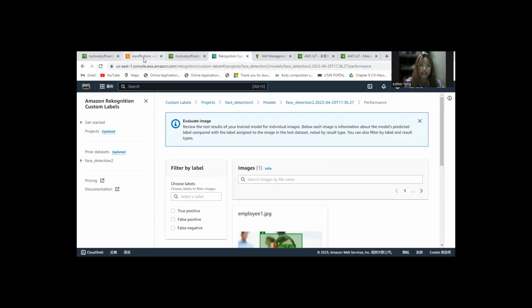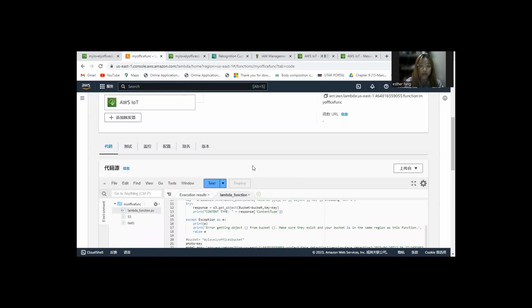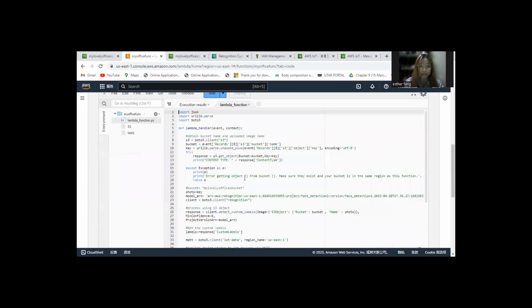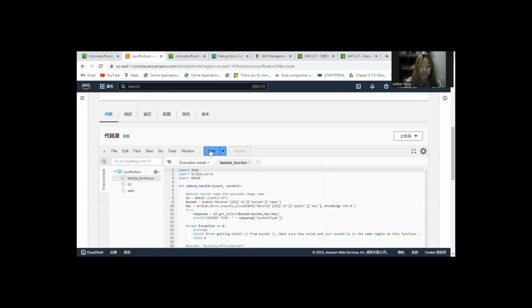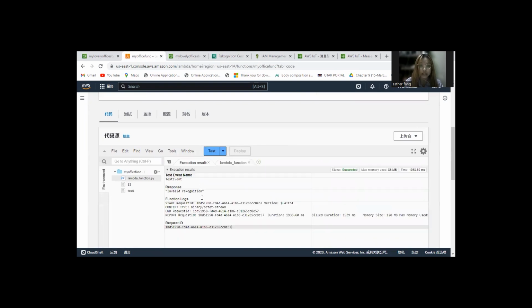After that, in the AWS Lambda, I also have written some code. If we click the test button, it will show us the result is invalid recognition because the confidence level is no more than 80%.